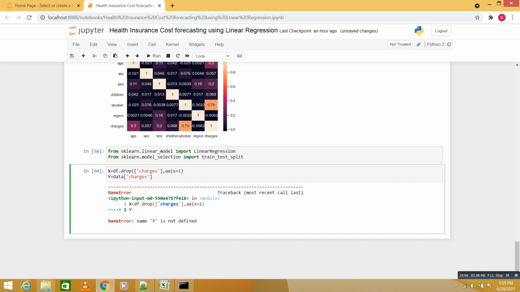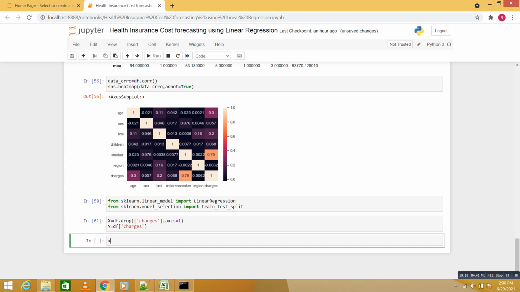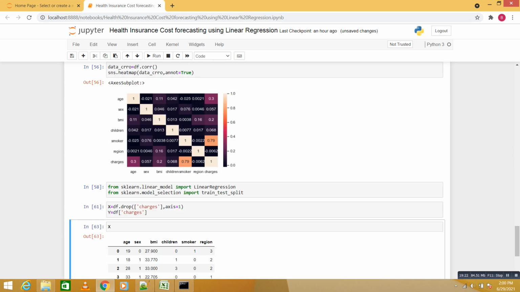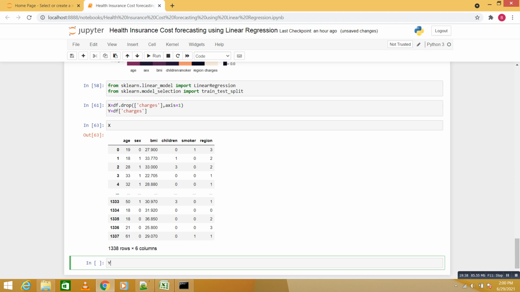So our y value and x value get defined here. In the x variable we have age, sex, BMI, children and smoker. These are the dependent variables, and in y we have only one column, that is charges.